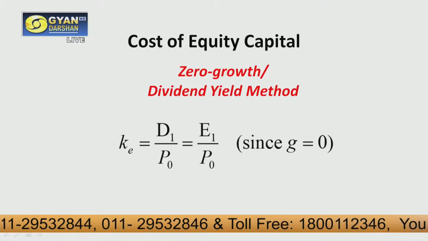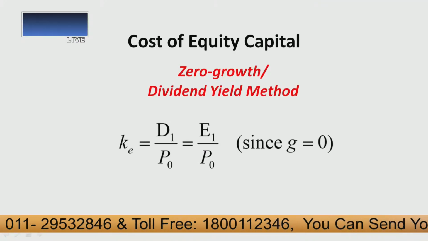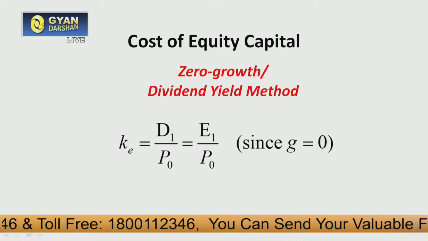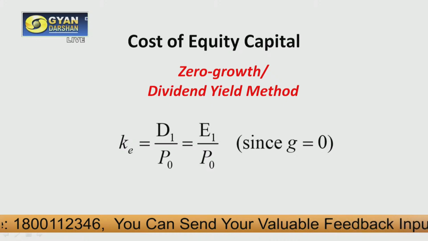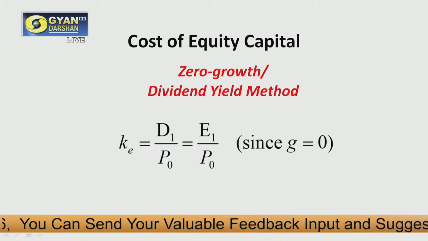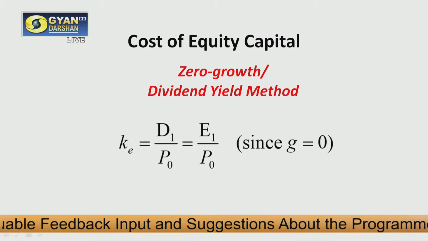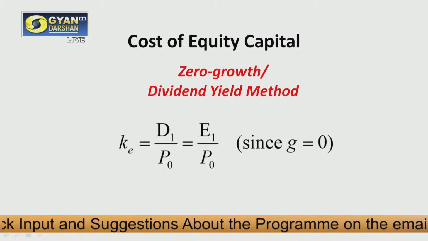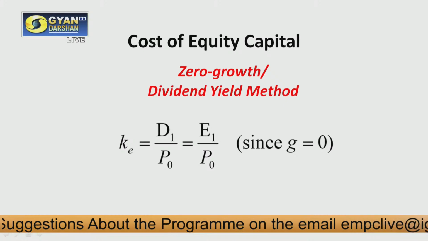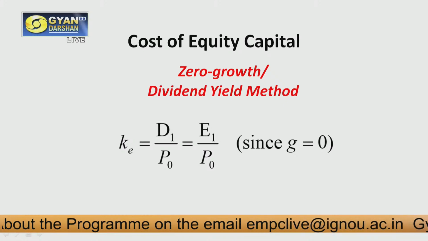So we will learn how cost of equity can be calculated. Okay. So you can see on your screen there is a formula for the case when there is zero growth rate. Now suppose the dividend that the company is paying is not increasing at all. That means a fixed amount of dividend the company has declared, and the same amount of dividend is going to be distributed among shareholders year after year. So there is no growth in dividend as such.